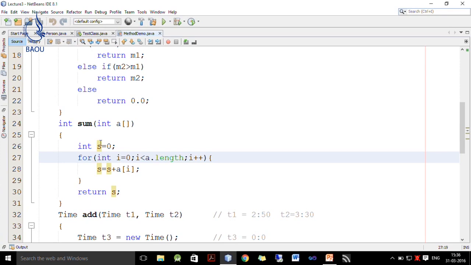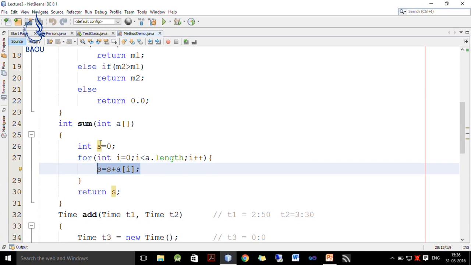Now, we know that array index always starts from 0 and the number of elements is represented by a.length. So, I write i = 0, i less than a.length, and every time i is incremented by 1. Now, what I want to do is add all the elements of the array inside S, which is represented by a[i]. So, I write S = S + a[i].